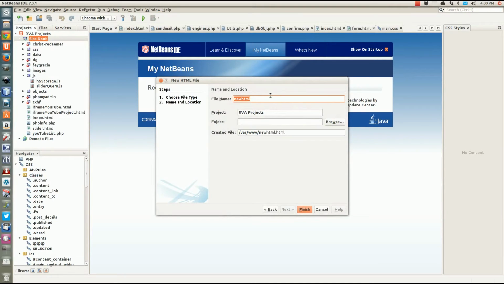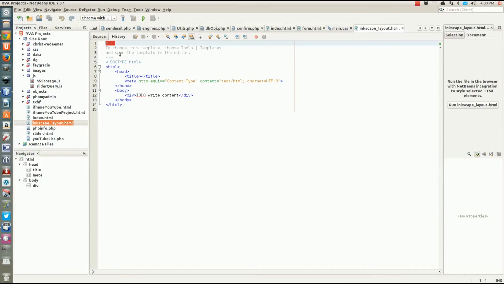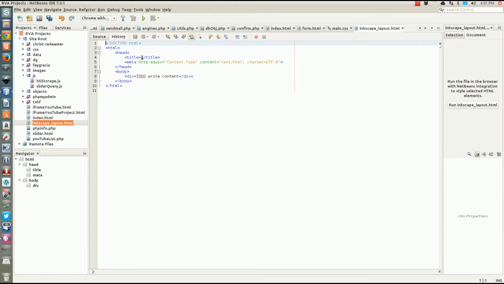It's gonna be Inkscape layout. So finish. Here I got it creates my HTML5 basic format. Now we're gonna put the Inkscape layout tutorial,